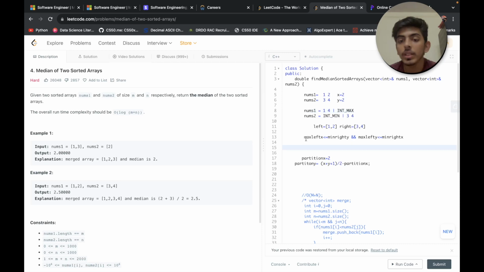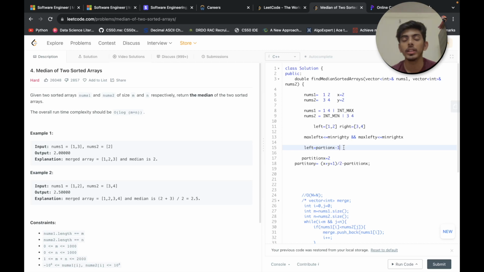Since we need to reach this condition and this element is greater, we need that element to be lesser, so we have to shift left. Our right bound will be changed to partition x minus 1, right?